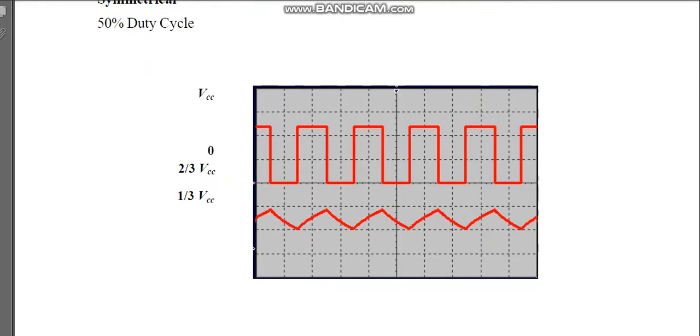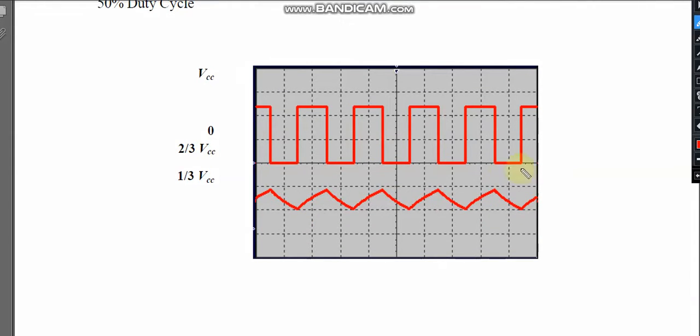What will be the waveform? I told you. So this is the output waveform. This is at pin number 3. You can get it as 0 and this as VCC, right? And here this is across the capacitor, charging and discharging. From this point to this point we call it charging, and from this point to this point we call it discharging of the capacitor. Hence you have this waveform, the charging like this and discharging in this fashion. So this is your T on and this is your T off. You can see both T on and T off.